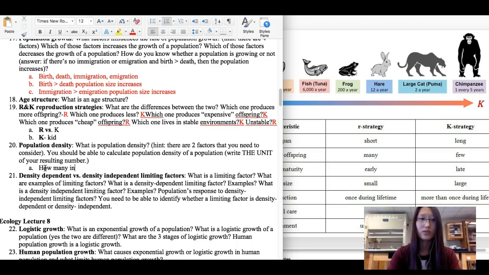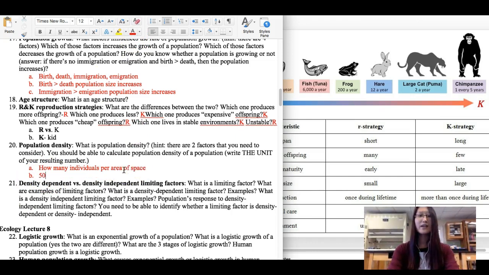How many individuals per certain area? Per area of space, I guess. It's a better way of wording it, per area of space, right? So for example, if you have 500 people per 100 square meters, then you can translate that into a mathematical calculation, 500 divided by 100, which equals 5. You should never write just 5. 5 what? 5 people